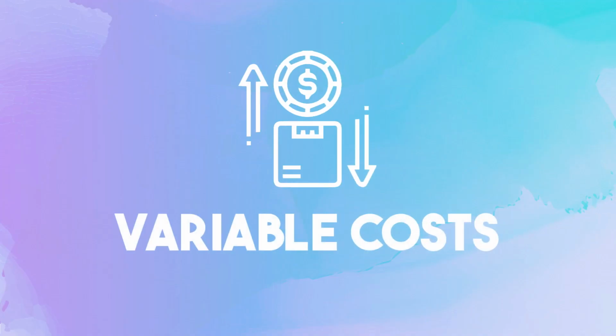Next up, we have variable costs. These are unpredictable in the sense that there's no fixed schedule for them. But if you step back and look at your expenses over the course of, say, a year, you understand that within every 12-month cycle, you definitely have to pay for these. So better have some cash ready.